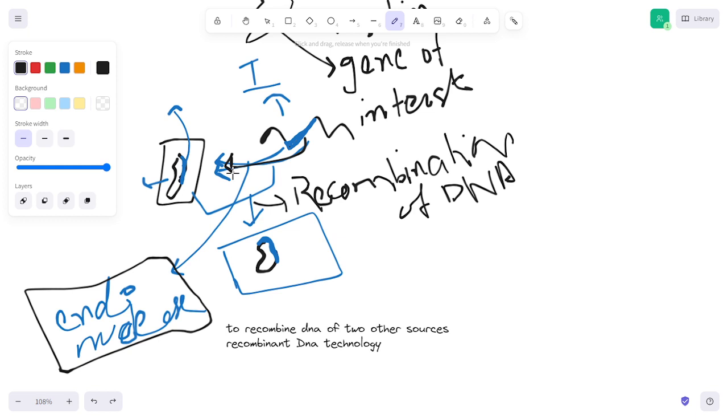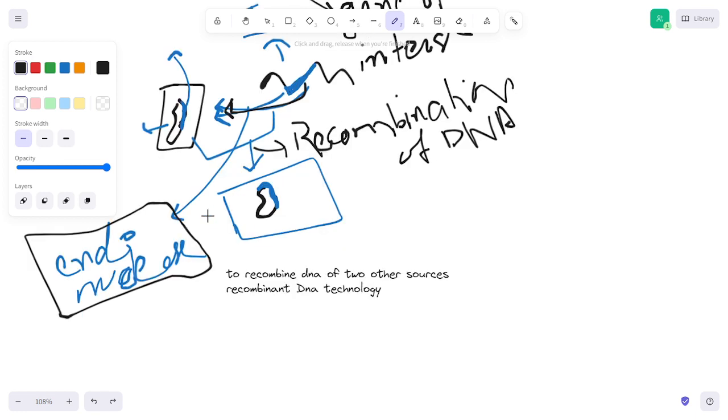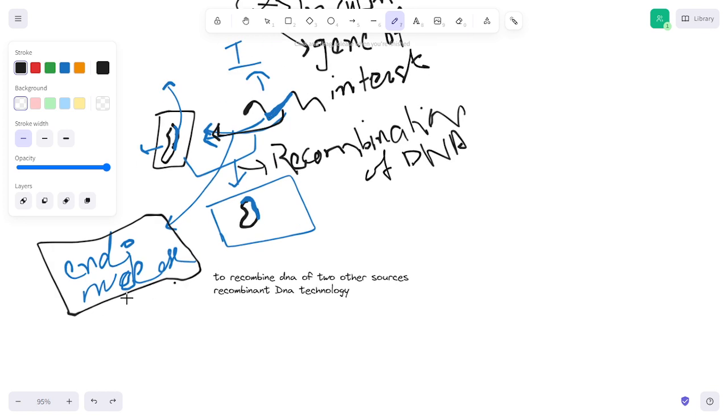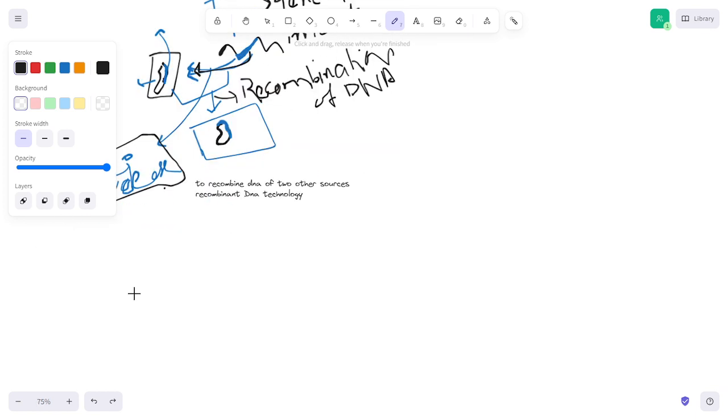हमारे जीन ऑफ इंटरेस्ट को उसने जगह दी, उसने प्लेस दी. So this is done by the enzyme called endonuclease enzyme. Okay, this is done by the enzyme called endonuclease enzyme. Now this